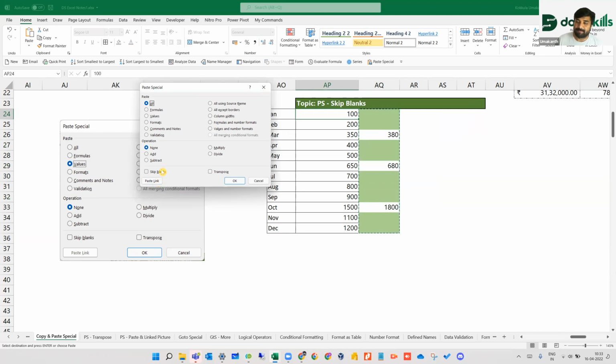Do you see something called skip blanks? You only paste the data which is not blank to the selected source data. Paste all, and let me just only paste values. Skip the blanks. You just skip the blanks. There is no data here, right? You just skip the blanks and only copy the data itself which contains the value to the source destination, and